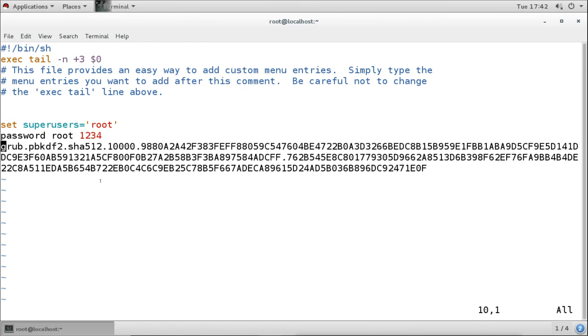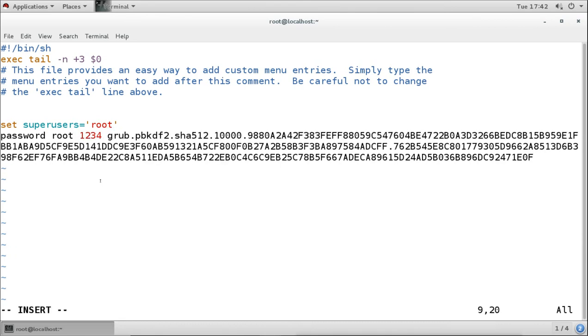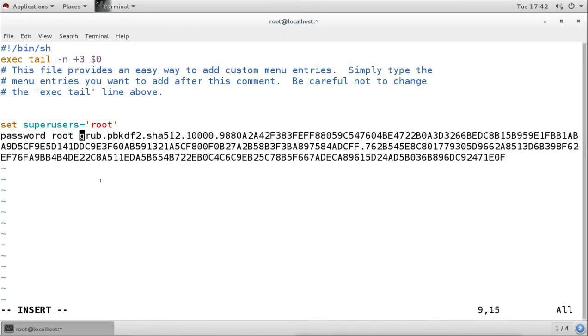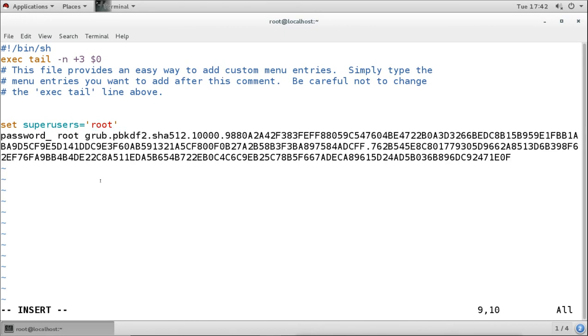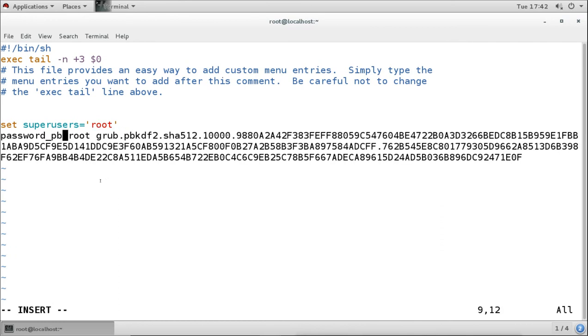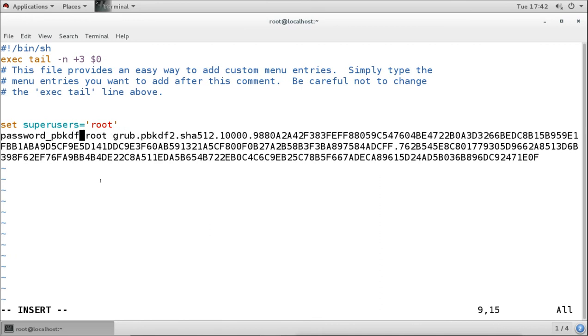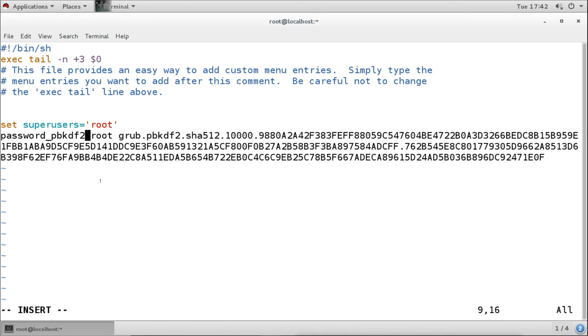So this is my password which I need, and I will paste it to the place which I want, and then I will say this password is password_pbkdf2, and this is the password. So what we did here, we generated the hash password for our grub, and then we entered the password into this file.